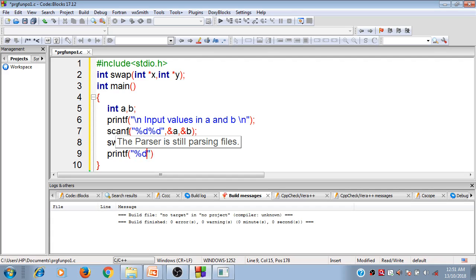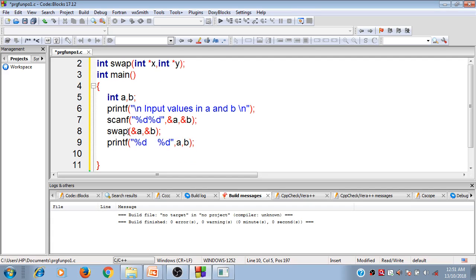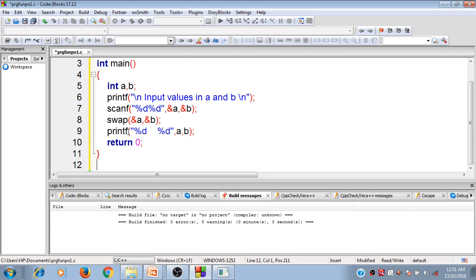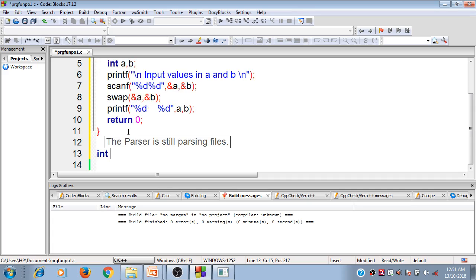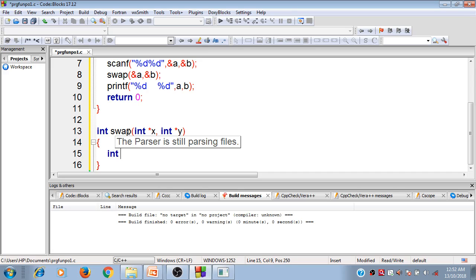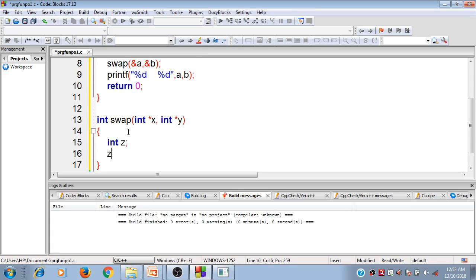Once it is performed, I have to display the values, that is percent d space percent d. So after the swap, it's going to display the values of a and b. I'll use return 0 here. Now once the addresses pass to the swap method, I will use int asterisk x comma int asterisk y, and inside it I will use one variable z.